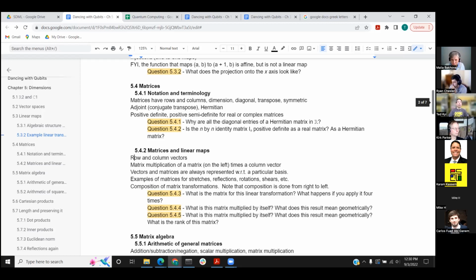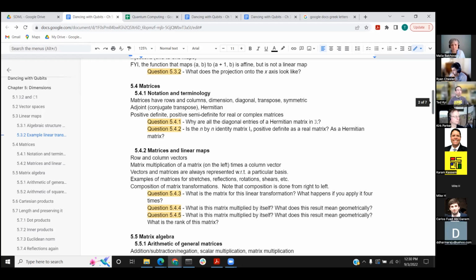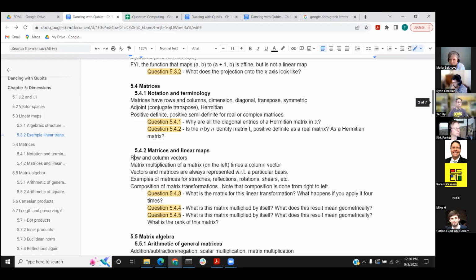So then the author shows examples of what a matrix would look like that, if you left multiplied a vector by that matrix, it would do a stretch, a reflection, a rotation, or a shear. That was kind of helpful for me, especially to start with nice small ones that I can get my head around. I don't know about this book, but in other stuff I've peeked at for quantum computing, they just very glibly say, oh, and look, this is a rotation about the x-axis. So I was very thankful that he gave nice simple examples